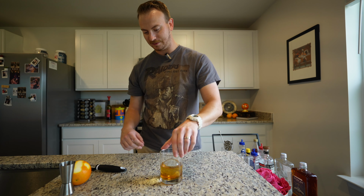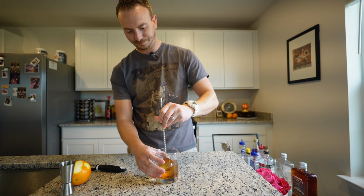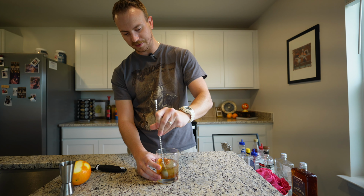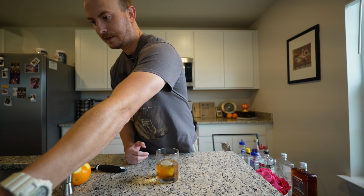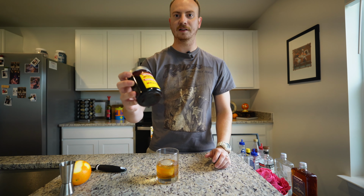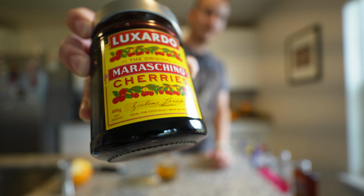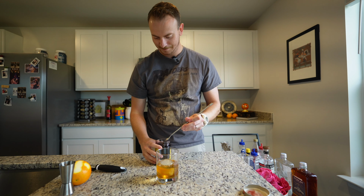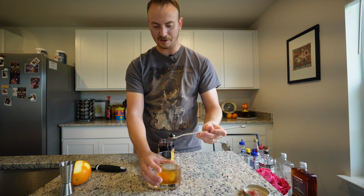So we're going to grab our little bar spoon and mix her around, just to get all these ingredients mixed up. It's already smelling really good because it's got that orange. One thing you want to add is a Luxardo cherry or two. Luxardo cherries are pretty expensive, but you can get them from Total Wine or an ABC store or something. So I'm going to drop one single maraschino cherry